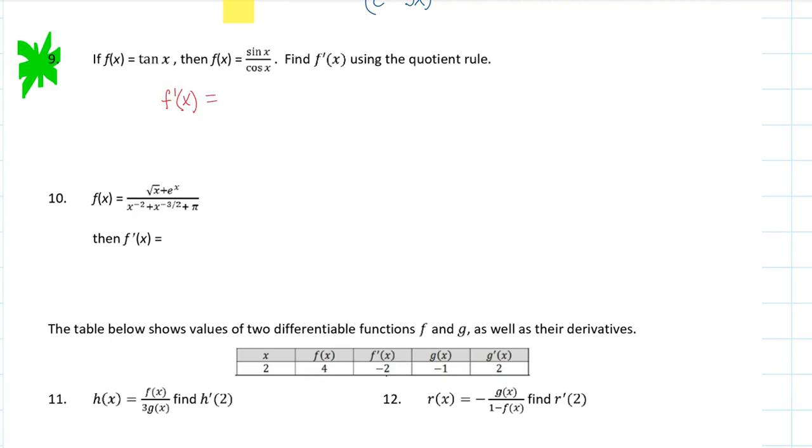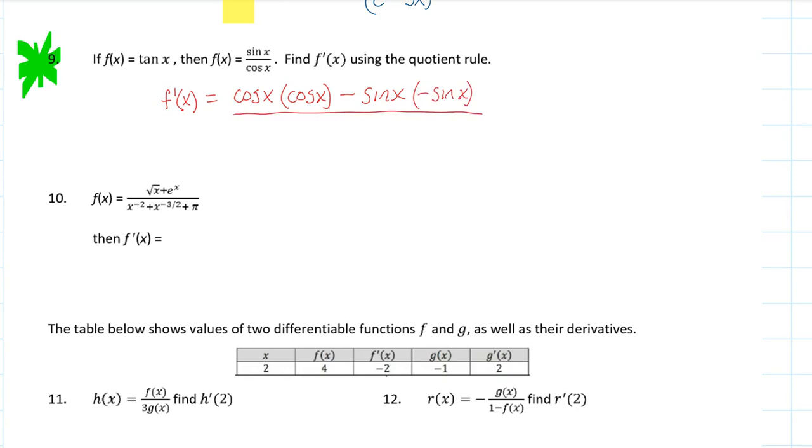The derivative of sine is cosine of x times the denominator. That's another cosine of x. Minus the top, the first, sine x, times the derivative of the bottom. The derivative of cosine x is negative sine x,